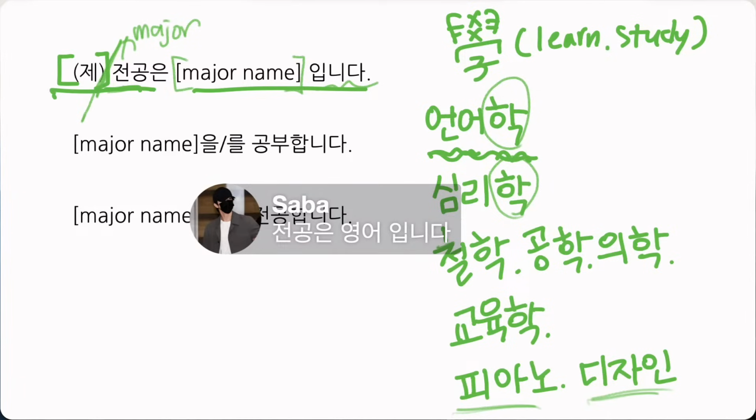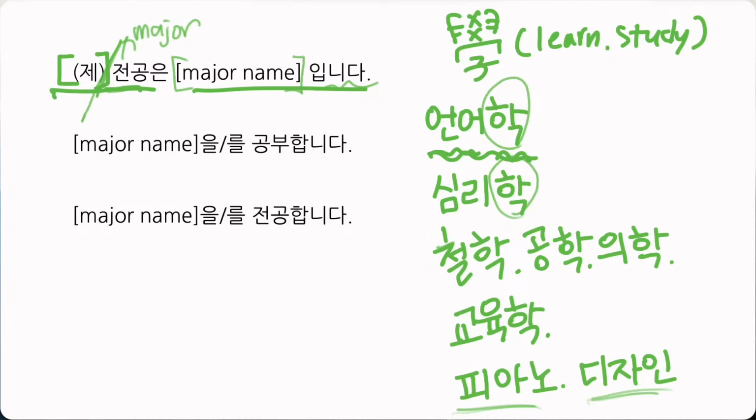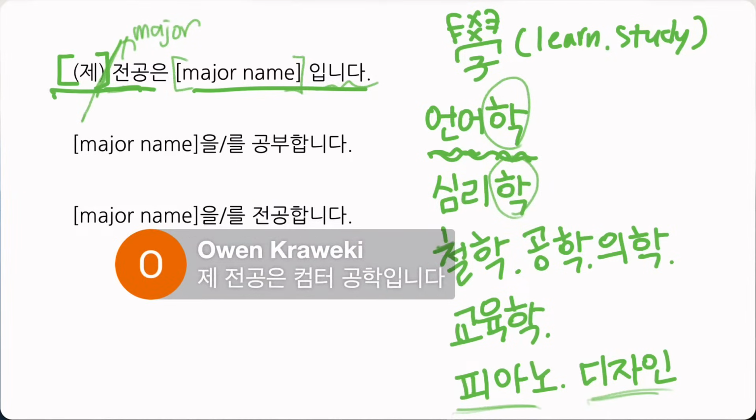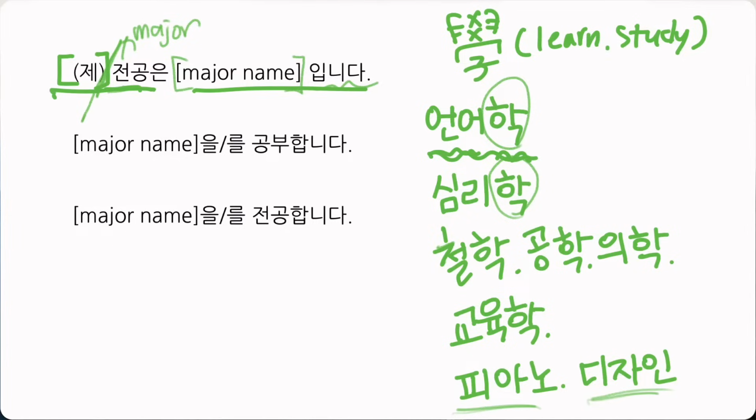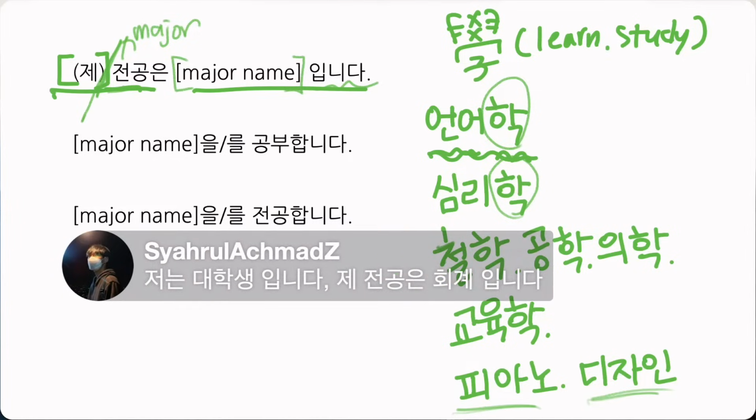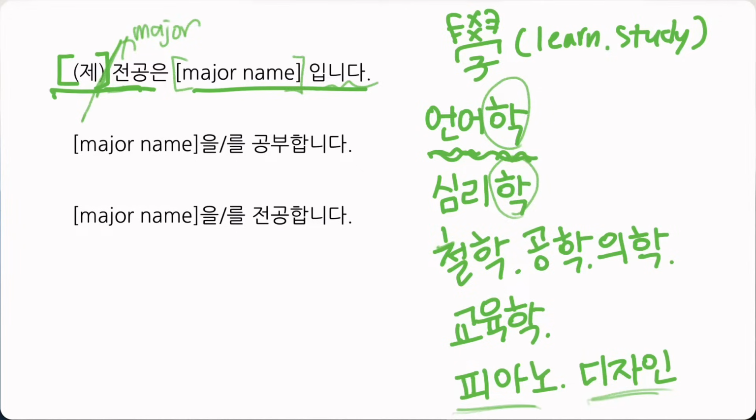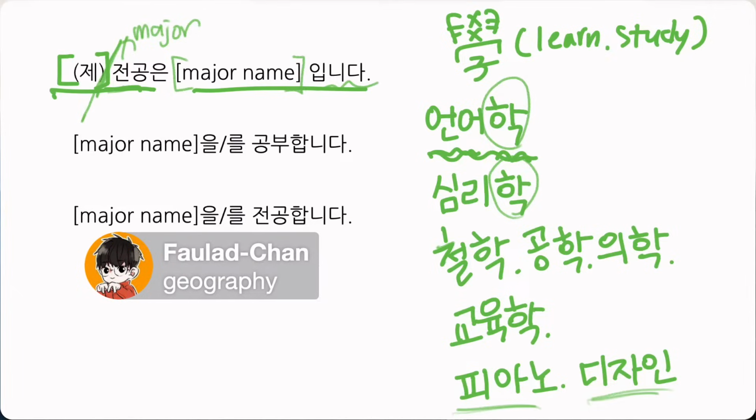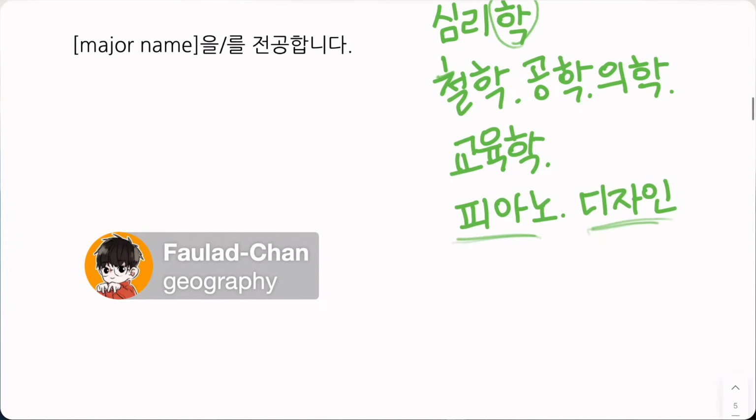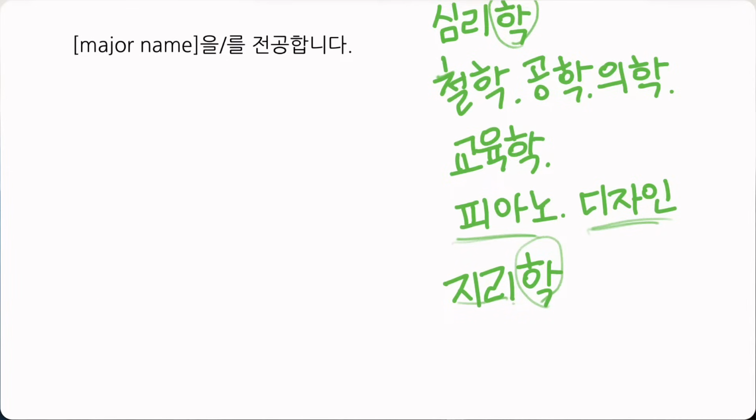그리고 사바님 전공이 영어예요. 오, 오케이, 좋아요. 그리고 제 전공은 컴퓨터 공학. 진짜요? Computer Science 좋아요. 그리고 저는 대학생입니다. 제 전공은 회계입니다. Okay, you're accounting. Alright, 좋아요. 그 다음에 geography. geography는 지리학이라고 해요. 지리 means geography, and by adding 학, you indicate that it's your field of study. So 지리학이 전공이고,